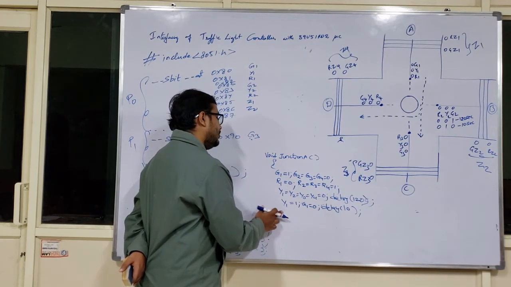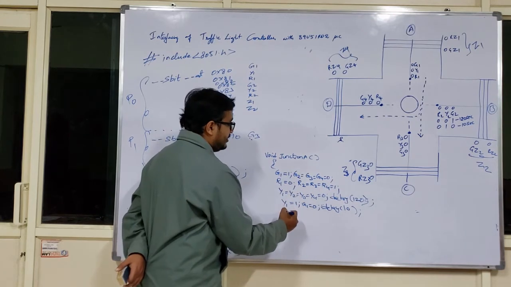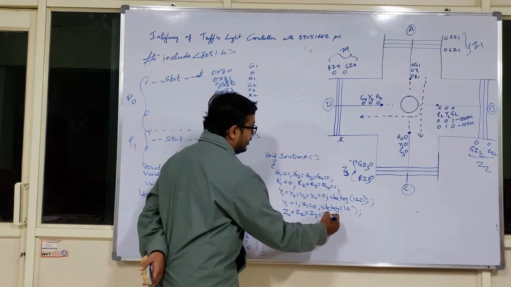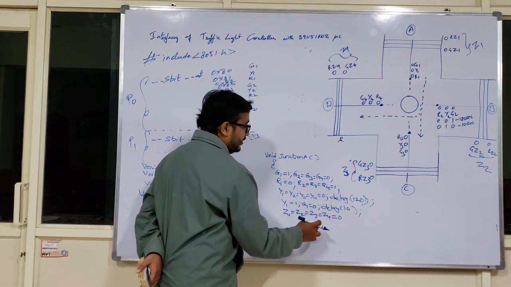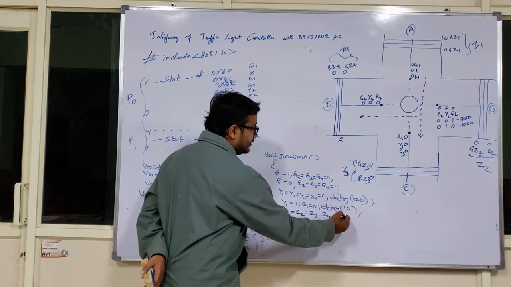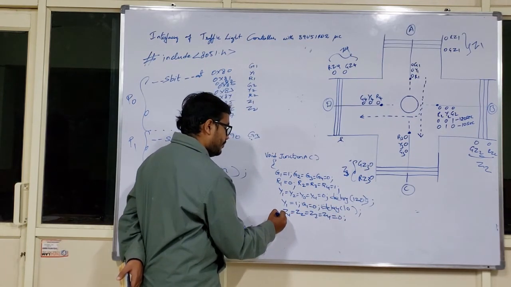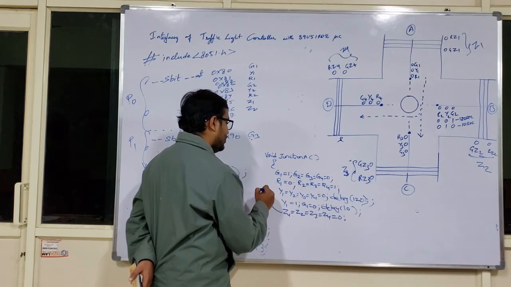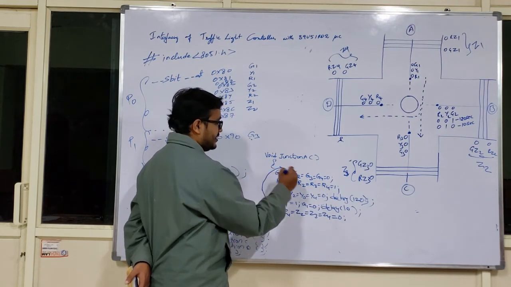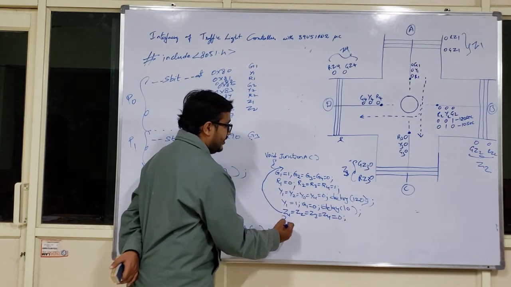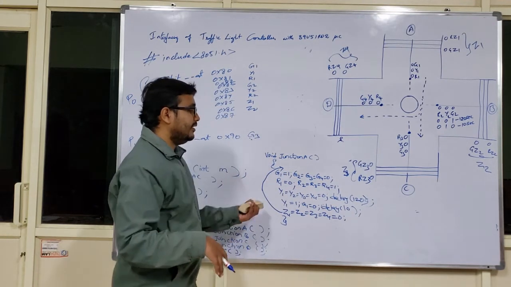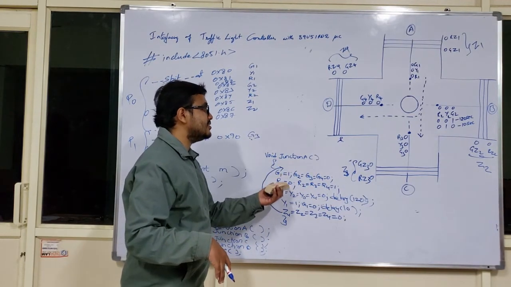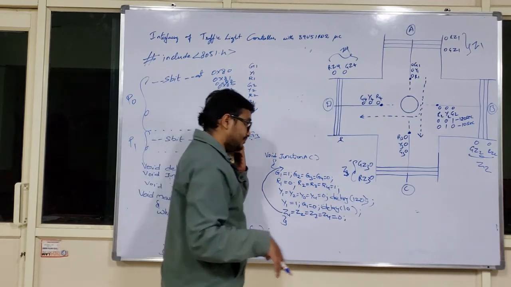So you can also include the status of your zebra crossing lamps, that is Z1 equal to Z2 equal to Z3 equal to Z4 equal to 0 at the same time. I advise you to write this instruction before this delay, or you can write this instruction at the starting position also. It is advisable to write it, and the junction A activity will be completed like this. After that, junction B starts, next junction C starts, after that junction D also starts.